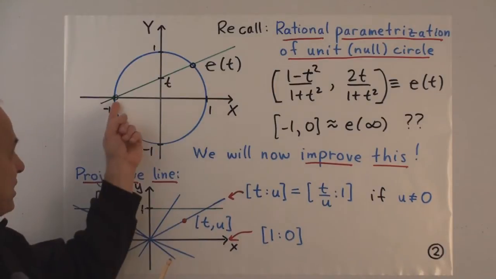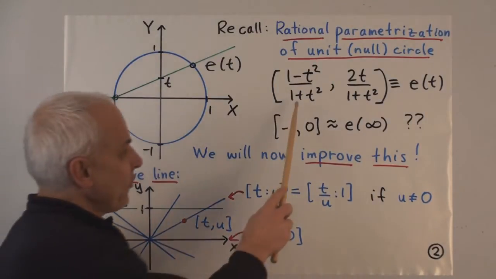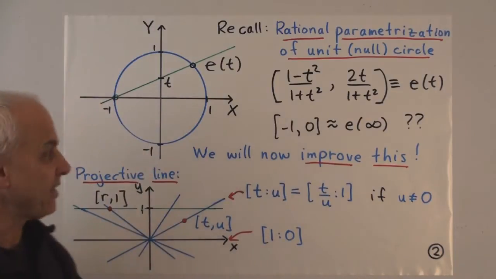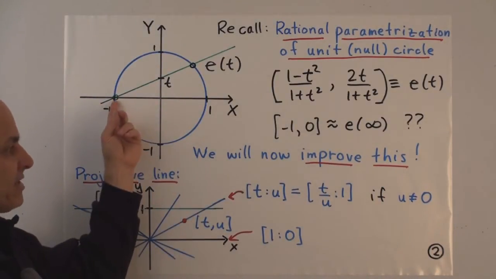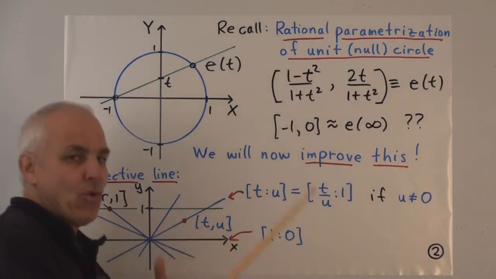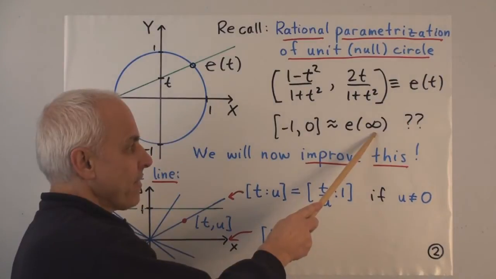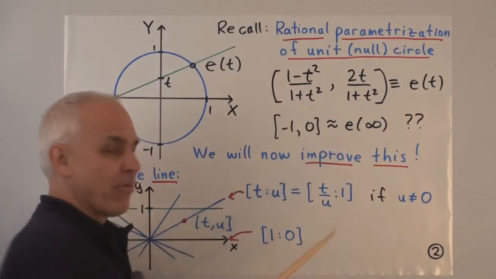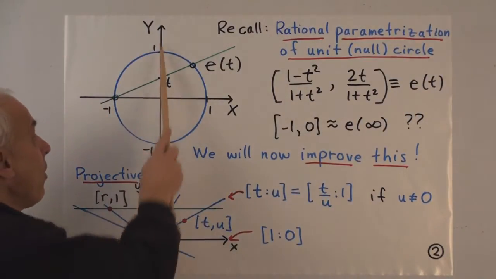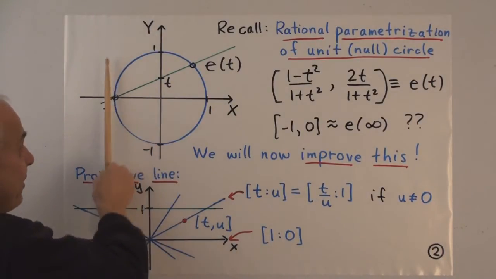And there was a bit of an exception in that picture. We had to treat this particular point in a rather special way. So there's no value of t that gives this point here. It's a bit of an exception. So minus 1, 0, however, can be sort of vaguely thought of as being e of infinity. It's what you get when t approaches infinity, all the way up there. Then the line, the green line, would be actually vertical.